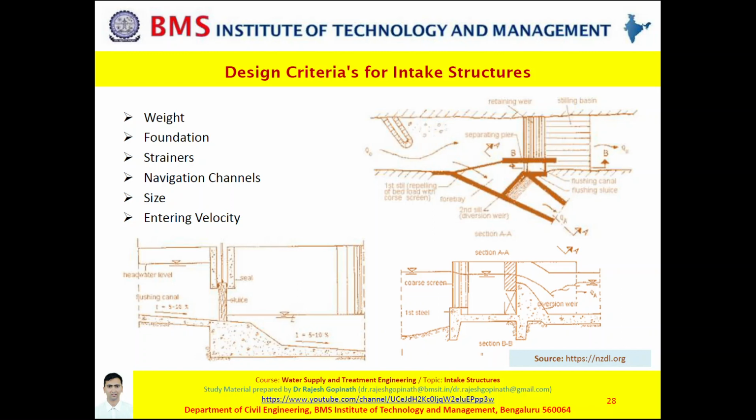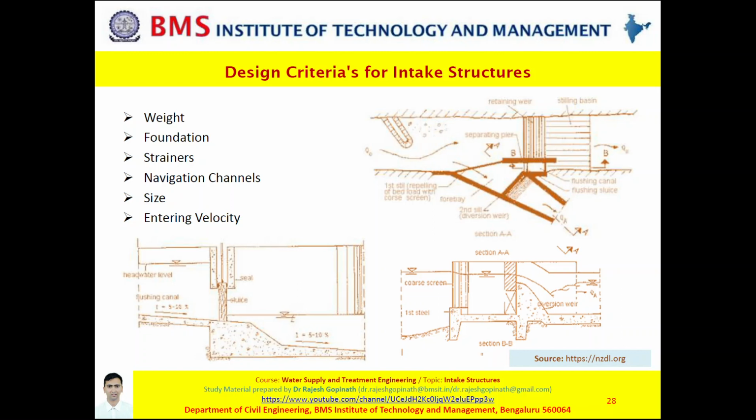Now, it is important that there is provision of strainers and screens, as we have understood in the types of intake structures with respect to sources. I had explained to you the provision of coarse screen, fine screen, strainers and mesh grating. These should be provided on all the inlets of the intake structure. It is mandatory so that they can avoid the entry of large floating objects, or for that matter fishes as well.